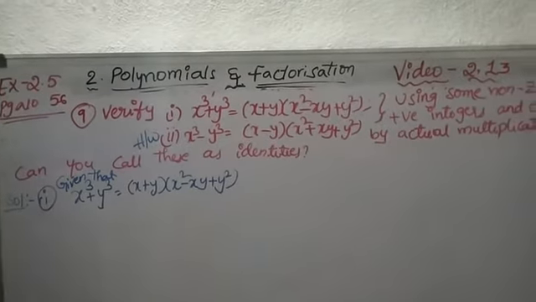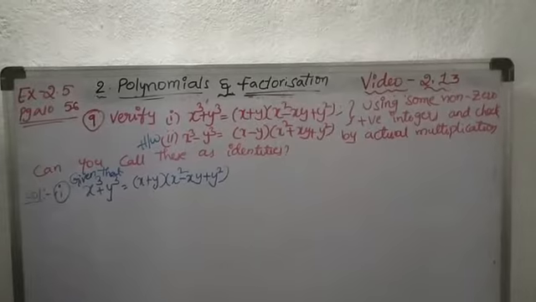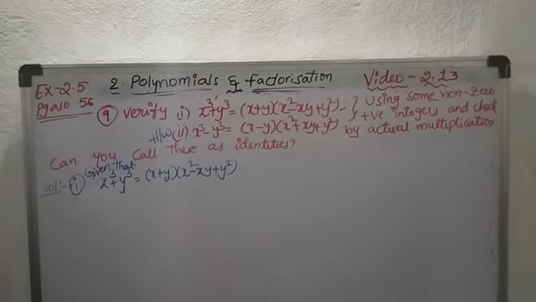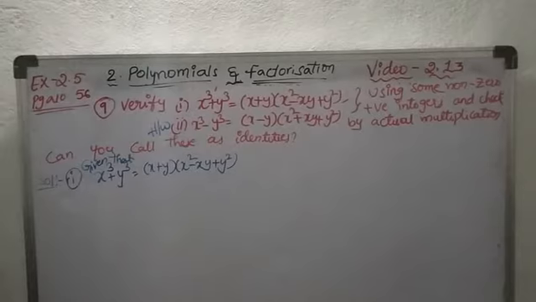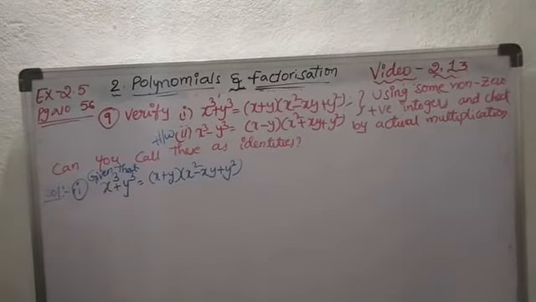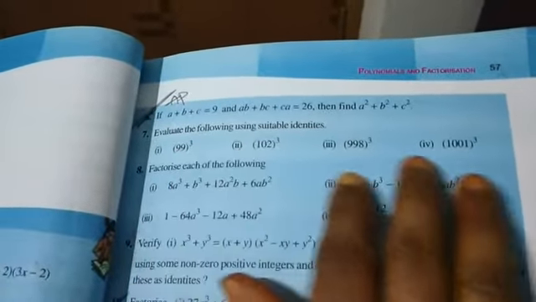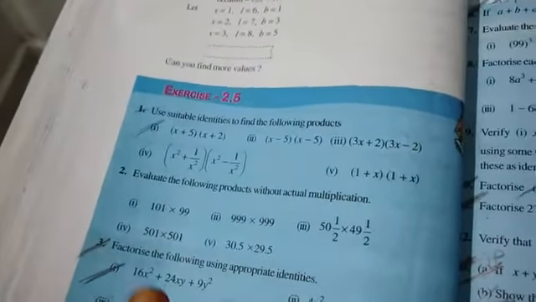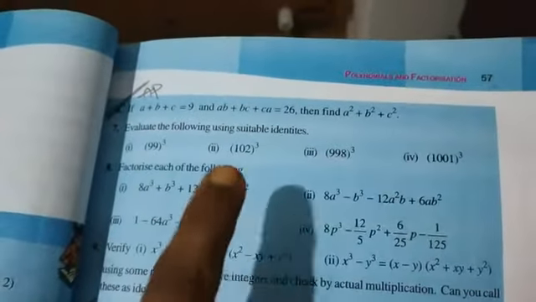Why? Because the two bits are the same as the previous bits, the second bit and third bit. Okay children, by using that method, we can do the same concept here also. In the 7th bit, 4 problems are given. In the 8th bit also, 4 problems are mentioned. Same here, the problems are on cubic formulas, but in the second and third bits we used the quadratic one, squaring. Here we have to use the cubing identity, (x plus y) whole cube, (x minus y) whole cube. Using that formula you will get this answer.